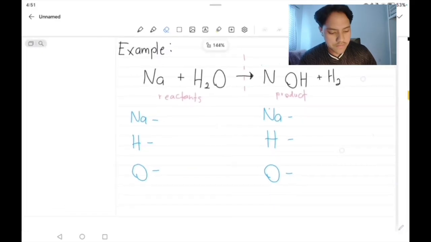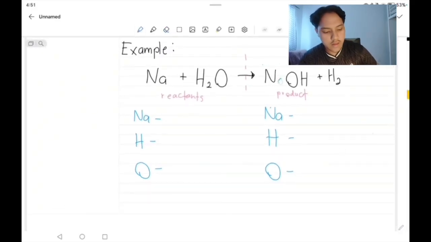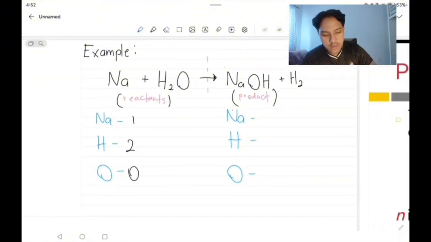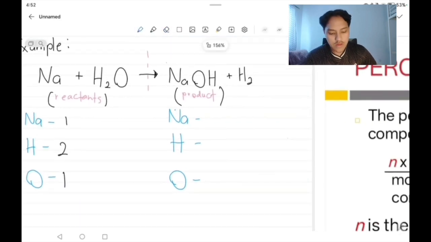Okay, so here I already have a chemical equation, but it is not balanced yet. Firstly, I differentiate the reactants and the product. The reactants are on the left side and the product is on the right side. First we need to list out the number of atoms for each element in the reactants. For Na we have only 1. For hydrogen we have 2 because the subscript is 2. So we have 2 hydrogen here and only 1 oxygen. For the product we also have 1 Na,